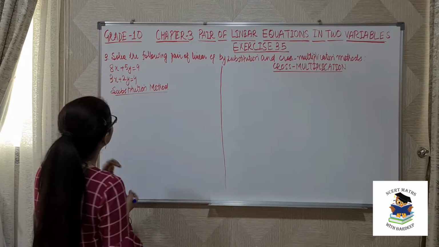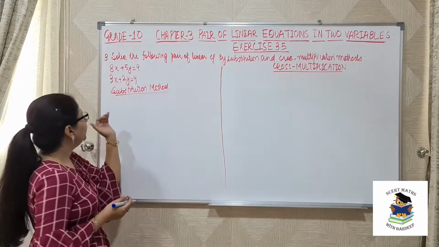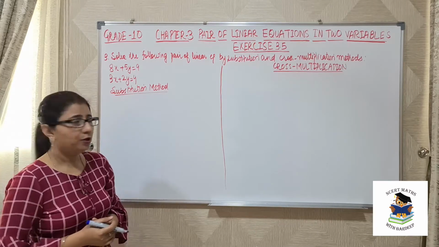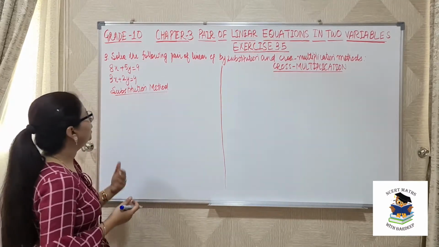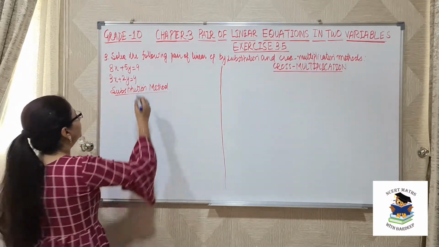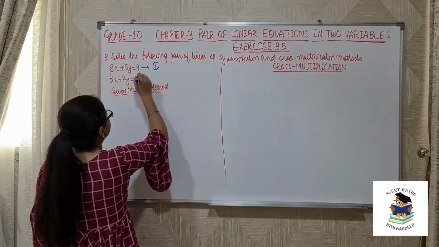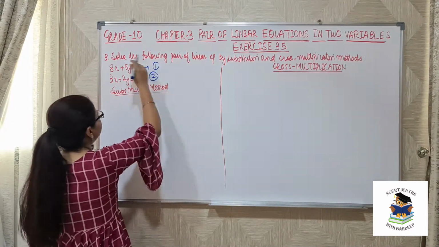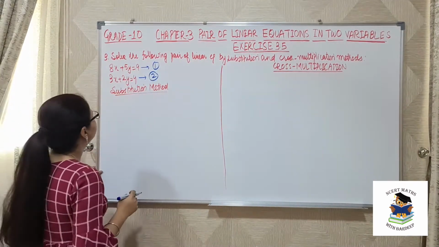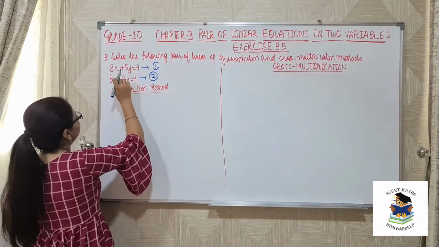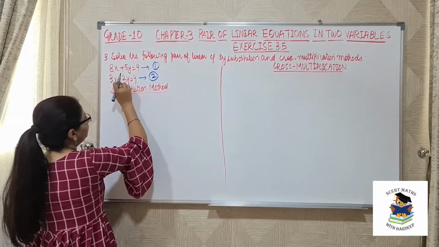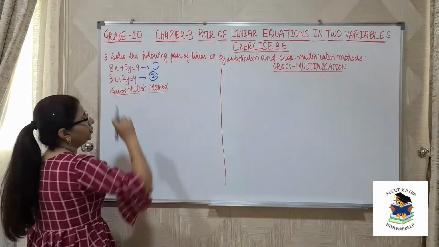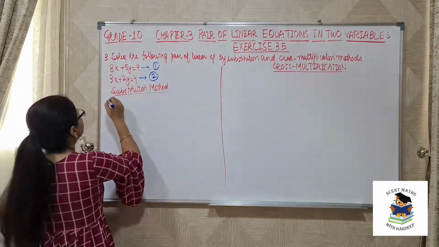So in these two equations I can see that in second equation, coefficient of x and y is smaller as compared to first equation. So let's take these values. So let these equation as number 1 and number 2. So what we will do is, we will find the value of one variable from second equation and substitute in the first one. So from